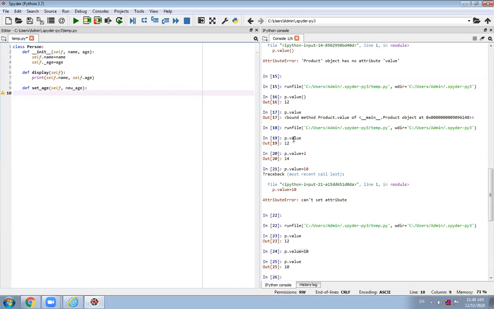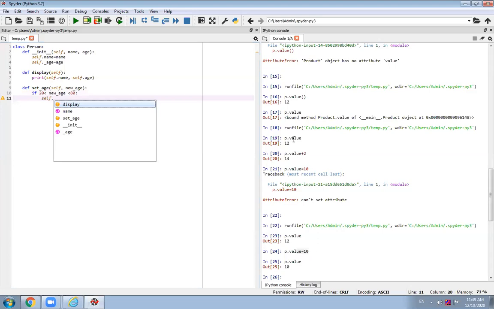But before setting an age, we want to check whether the age belongs to the category as per the criteria or not. It should be greater than 20 and less than 80. This is the criteria. While setting an age, the age should be in between this range only. If it is outside this range, it will not accept.